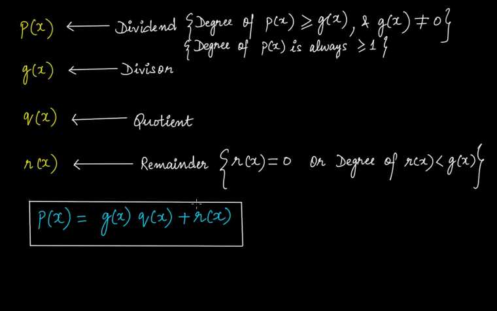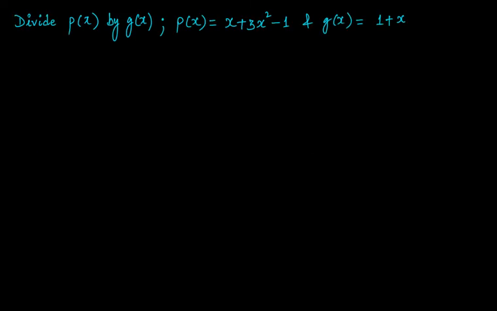Okay, now let's take this first example of division of two polynomials. So divide p(x) by g(x), where p(x) is equal to x plus 3x squared minus 1 and g(x) is equal to 1 plus x. The first thing that you have to do is first arrange these terms. Like this is x, this is 3x squared, this is minus 1. This is the term which has the exponent of 2, the power of x having exponent of 2. So this p(x) is